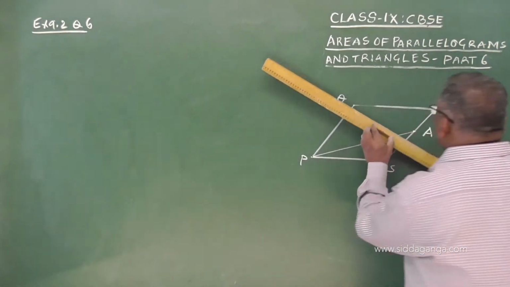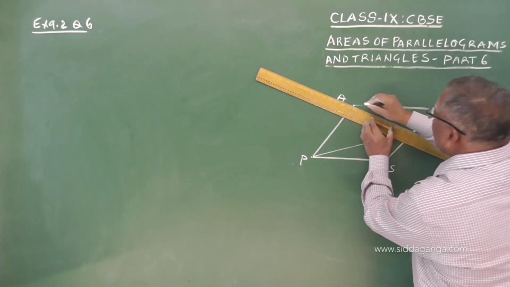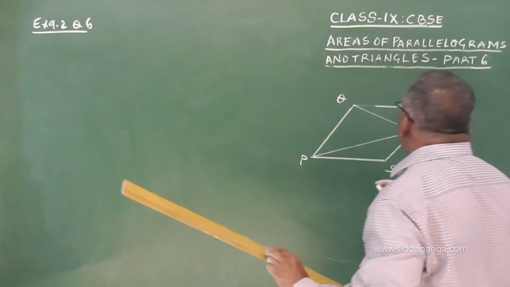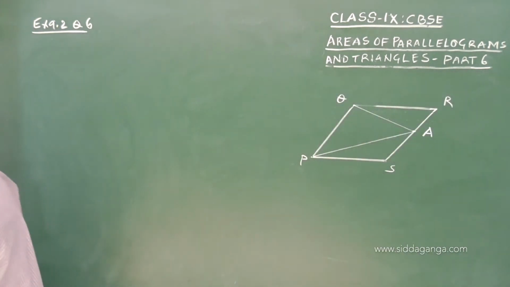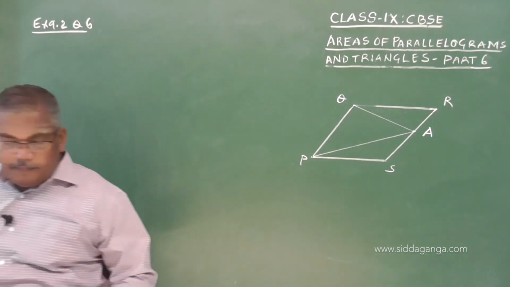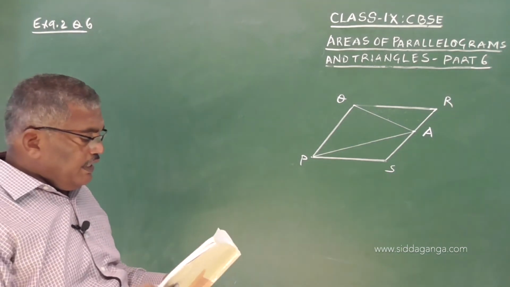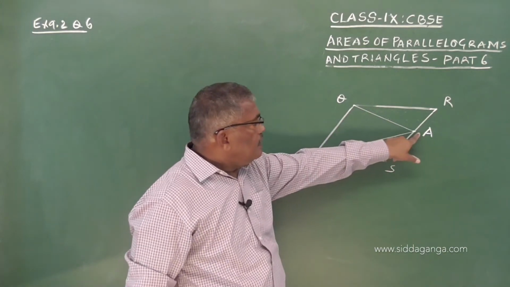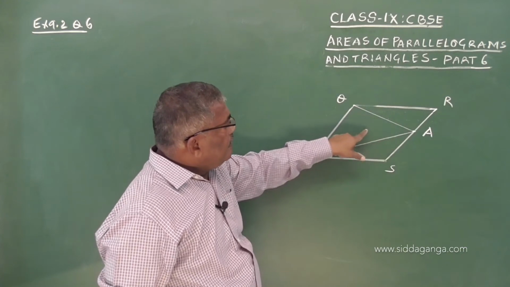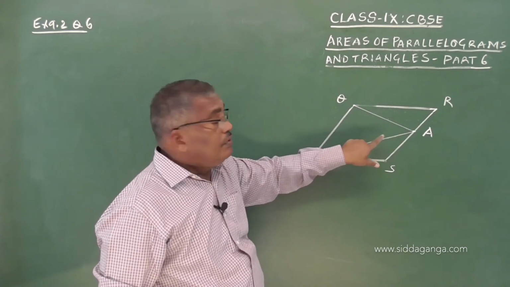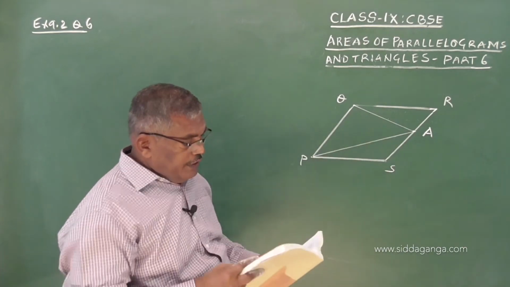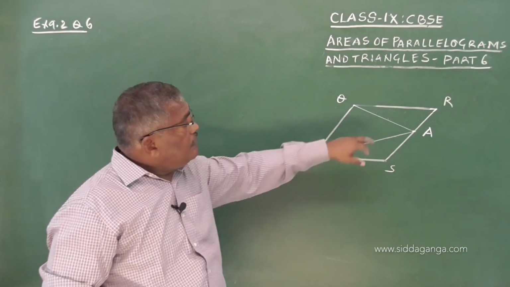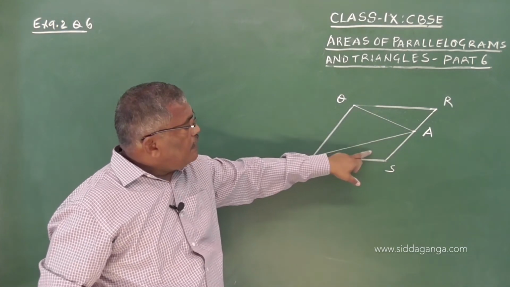And AP and AQ. P is any point, they say. Now, in how many parts is the field divided? So, when we take up A like this, you can see the figure, the area is divided into 3 parts. And what are the shapes of these parts? You know that this is a triangle, this is a triangle, and this is a triangle.